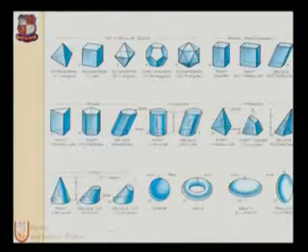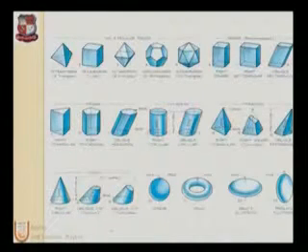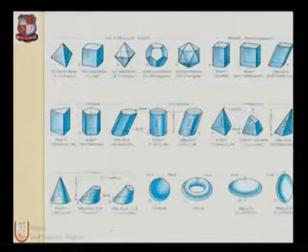Here we have examples of different regular solids. On your left side is the tetrahedron. On the right side we have the hexahedron, simply known as a cube. Third, the octahedron, which has 8 faces. Fourth is the dodecahedron, and the icosahedron. On the right side we have the prism family, which has right cube, right